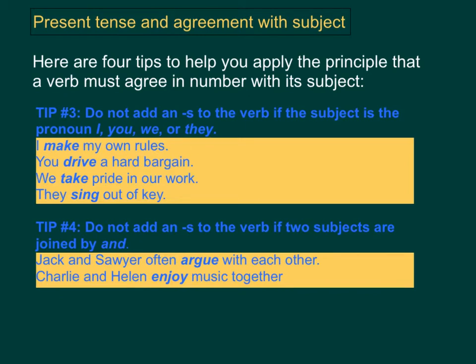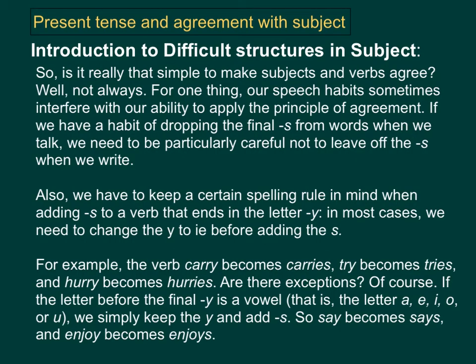Tip 4. Do not add an s to the verb if 2 subjects are joined by and. 當我哋有兩個主體用 and 連埋一齊嘅時候，我哋亦都唔需要喺動詞後面加 s 嘅。我哋見到呢一個句子入邊有兩個主體 Jack 同埋 Sawyer 用嘅 and 連接住，所以當我哋見到 Jack and Sawyer 嘅時候，我哋就唔需要喺個動詞 argue 後面加 s 啦。再睇多個例子，Charlie and Helen enjoy music together。Charlie 同埋 Helen 都係用嘅 and 連接住，所以我哋唔需要喺個動詞 enjoy 後面加 s 嘅。